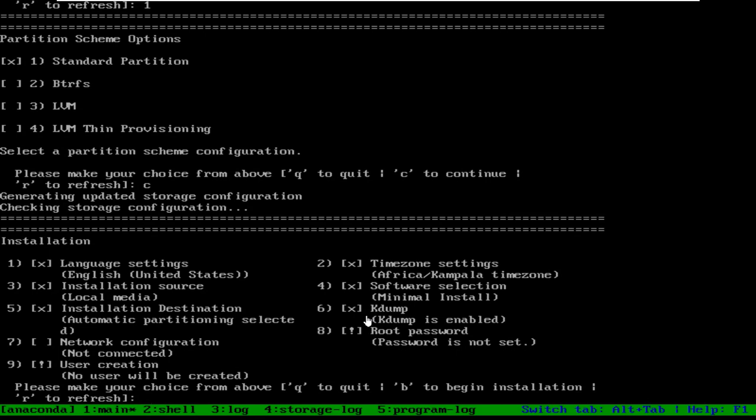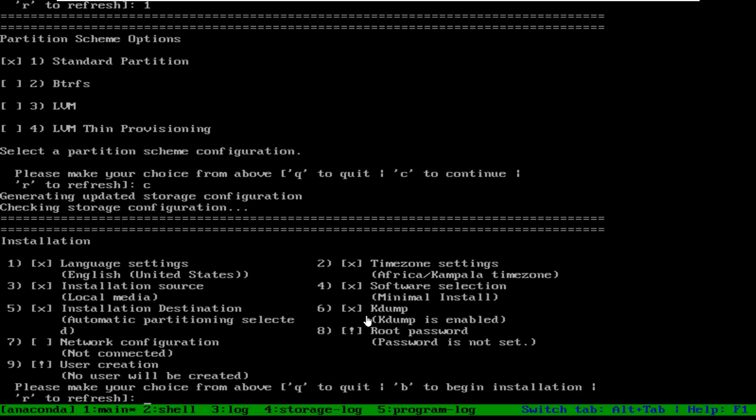What does this kdump do? It actually reserves some space from your RAM for the kernel crash dump. That means if something goes wrong and your kernel crashes, the information about the crash is stored in your RAM, and for that it reserves some space from the RAM.